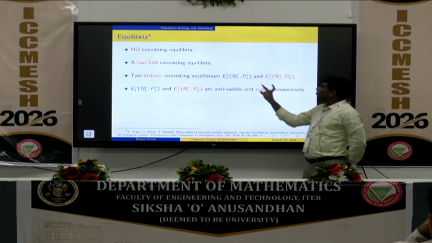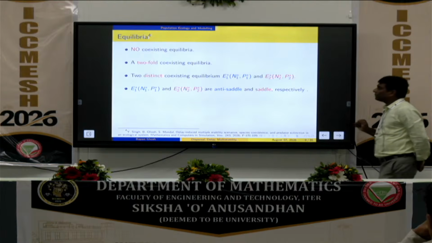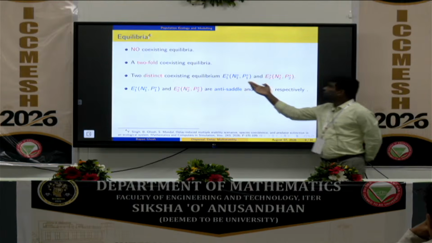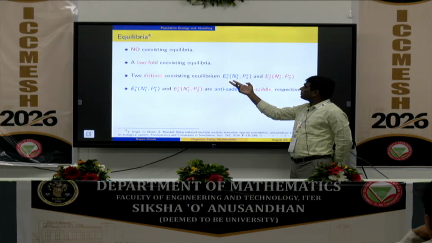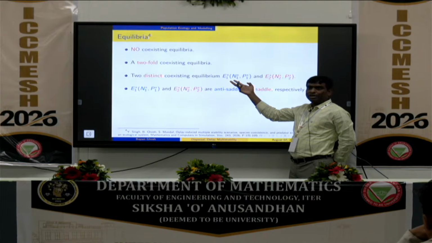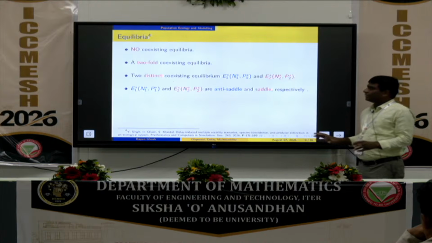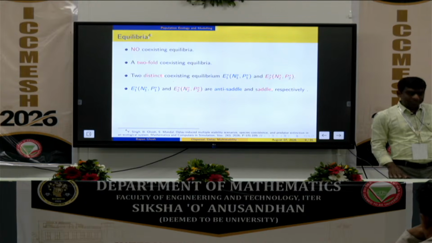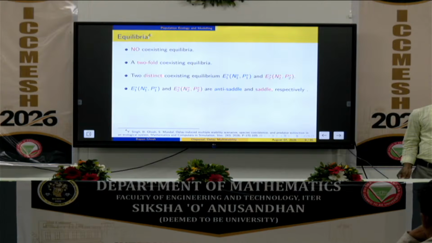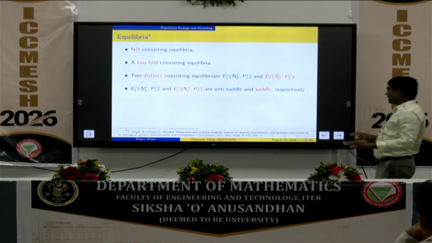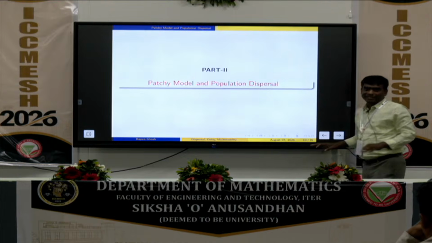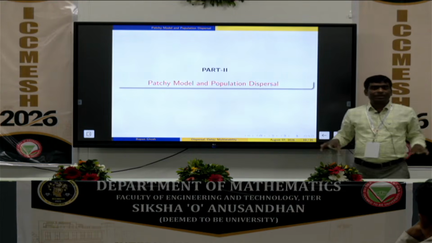So, at most two equilibria can exist, and this one can be a stable node or stable focus, or maybe an unstable node or unstable focus. So, the model I have discussed is actually a non-spatial model, okay, that is, the population is uniformly distributed in a single location. Now, if we consider the spatial extension of this model,